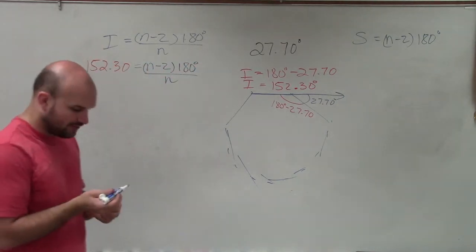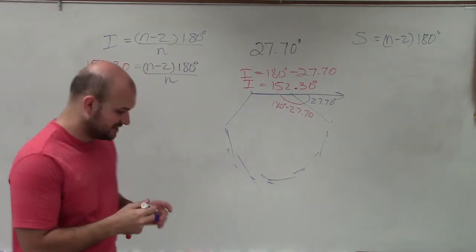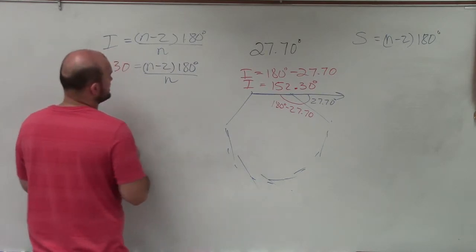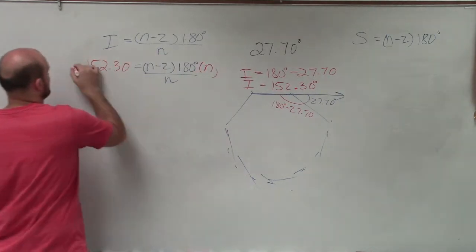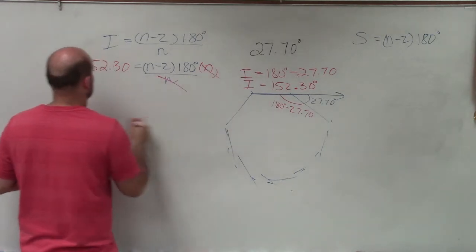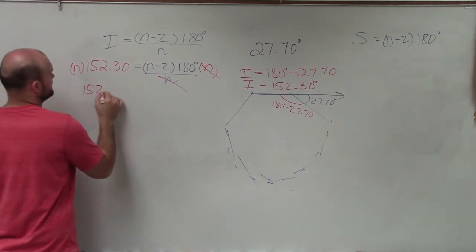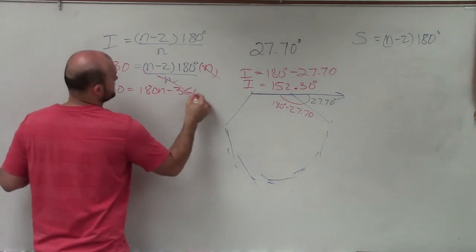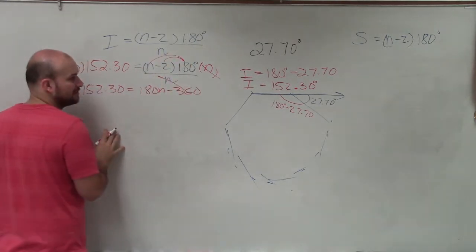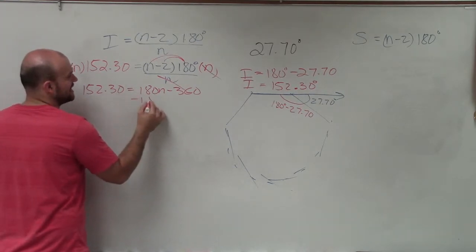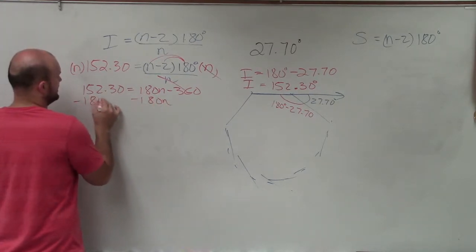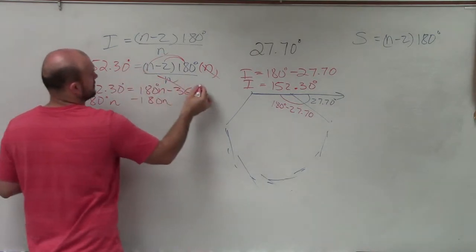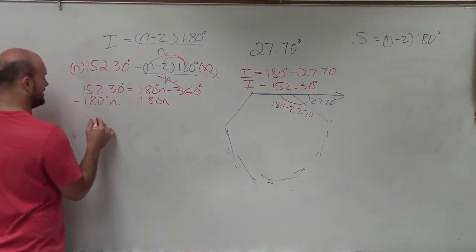Now I need to go ahead and solve for n. And we did problems similar to this. So to go ahead and solve for n, I need to get n by itself. So I'm going to multiply by n on both sides to get the n off the denominator. That'll cancel out. And therefore, I'm left with 152.30 equals 180n minus 360. The reason I got that is I applied the distributive property. Now I need to get the n's on the same side. So I'll subtract 180n. Let's put some degrees in there, I guess. So I subtract that over, and I get